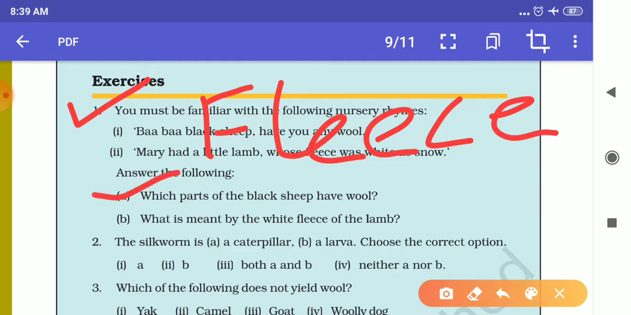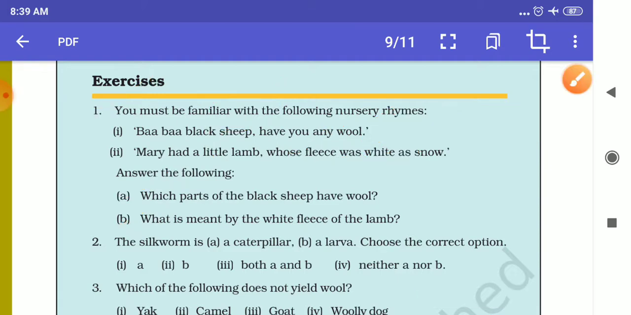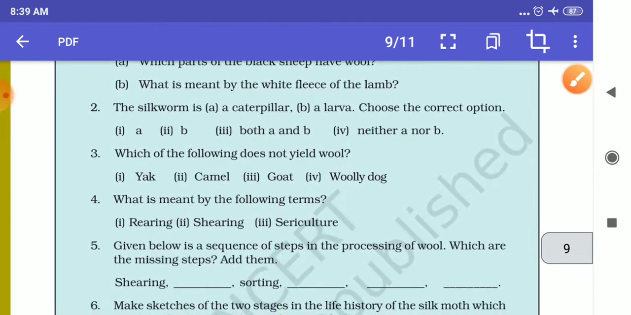Second question is, what is meant by the white fleece of the lamb? What do you mean by fleece? Fleece means the hair present on the body of the sheep. Here, white fleece means the white hair that is present on the body of the lamb. The second question is,